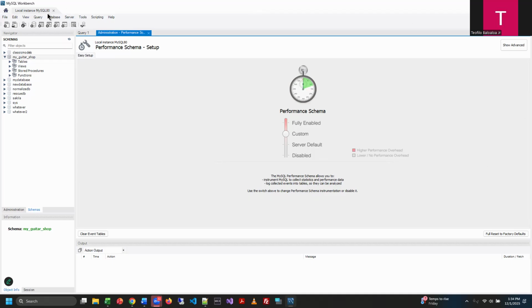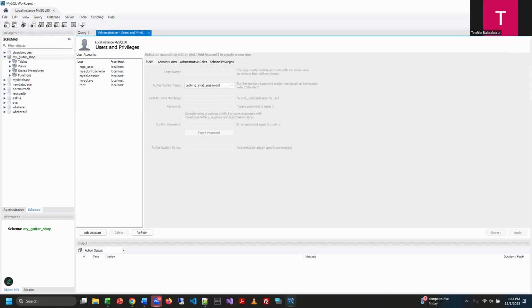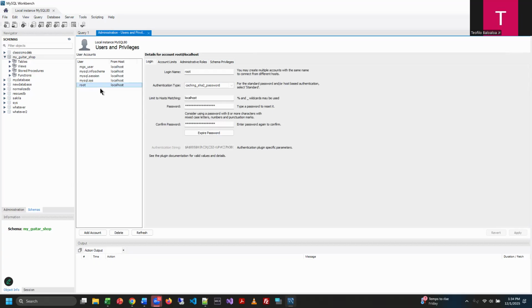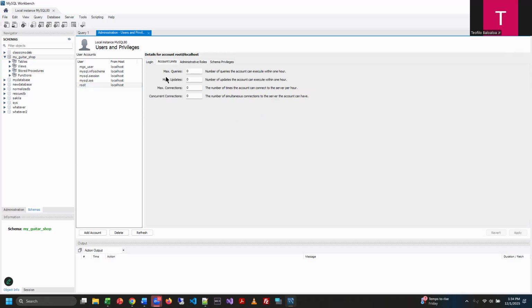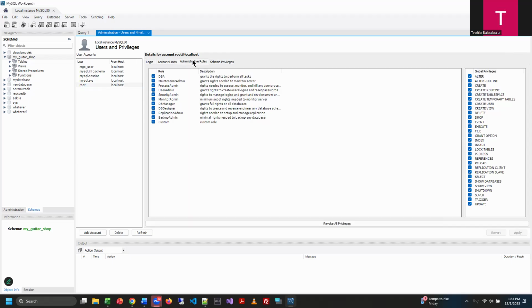But now we're going to go to the users and privileges screen, which is step number 3. That says on the user panel on the left, click the root user account, then explore the tabs on the main screen. So we kind of did this already, right? And so we looked at the login setup. We looked at the account limits, which none are set. We looked at the roles, and this is probably one of the more important ones here. And